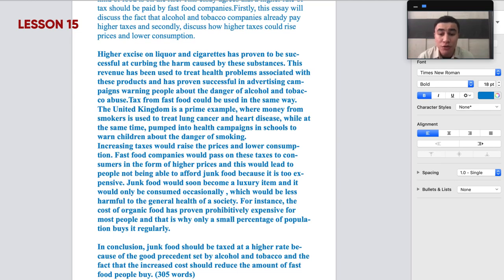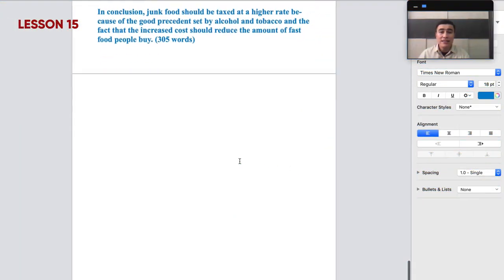In conclusion, junk food should be taxed at a higher rate because of the good precedent set by alcohol and tobacco and the fact that the increased cost should reduce the amount of fast food people buy. I hope, guys, the general structure of opinion essays was clear to you, and your home assignment is going to